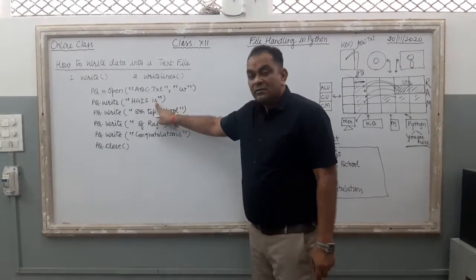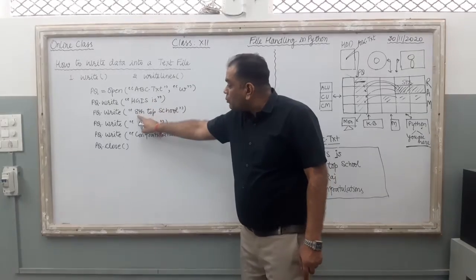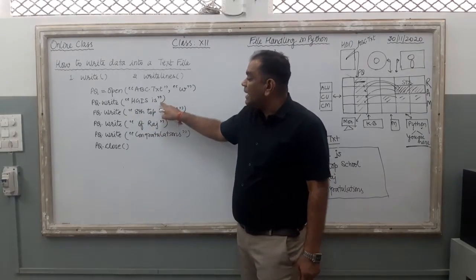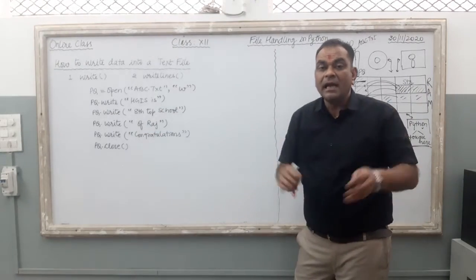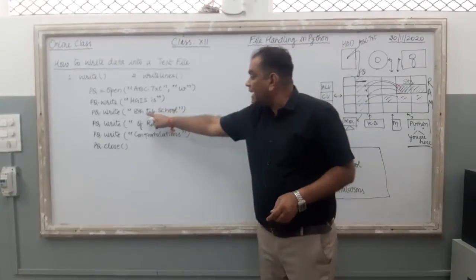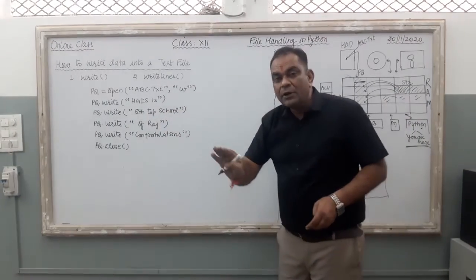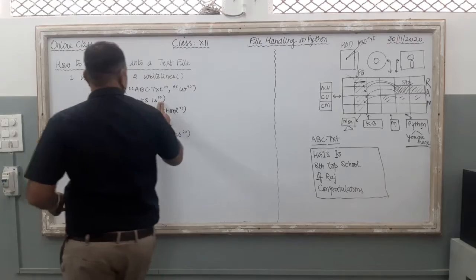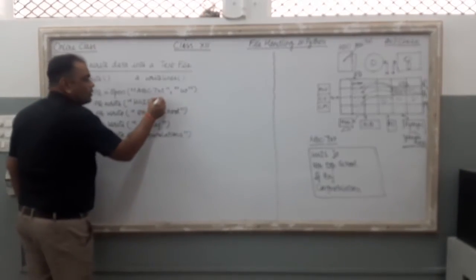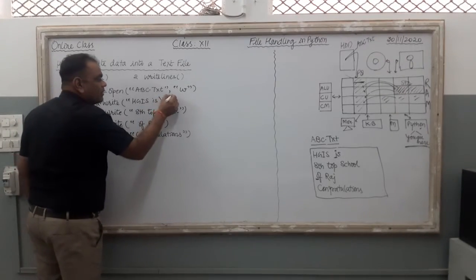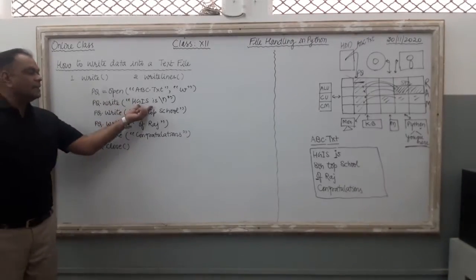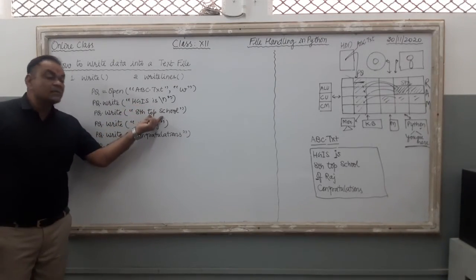Just after the first line, the computer is going to write the second line from here only. नई लाइन में नहीं आएगी. If you want to take this 8th top school in the new line, तो आपको क्या करना पड़ेगा? You just remove this inverted comma. You just put slash n over here. Now it is there in the first line. It is there in the second line.